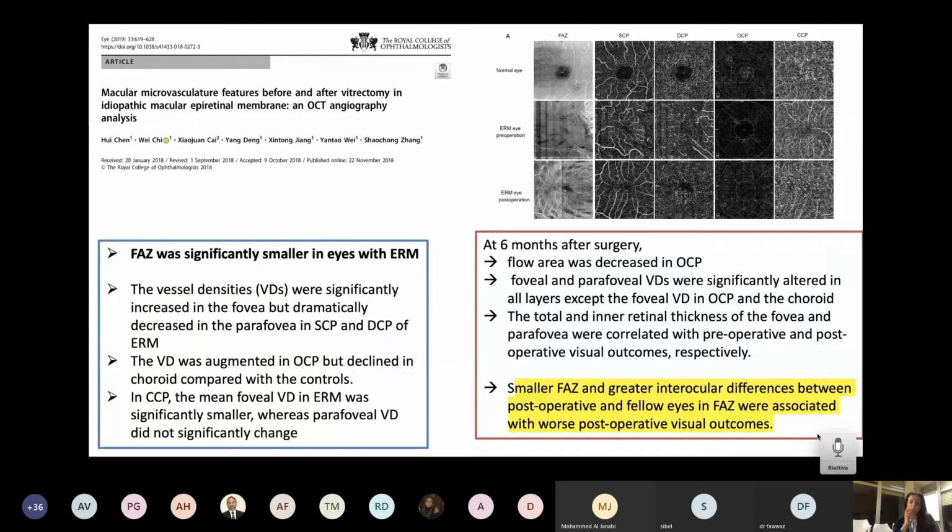This paper confirms that phase was significantly smaller in eyes with epiretinal macular membrane, and that a smaller phase was associated with worse postoperative visual outcome, showing that postoperative eyes with a larger phase area had a better prognosis of a visual